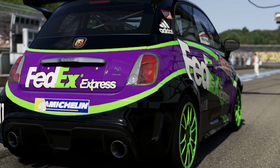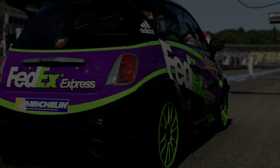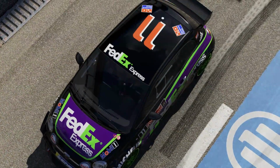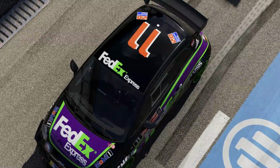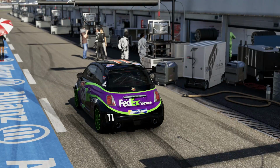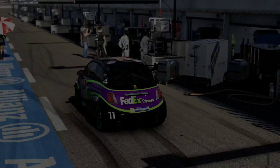It is horrible through with its twitchiness. The second kind of section of gates is also not good, and then we come to the high speed bit. It's better, but we still have issues with the back end letting go and it being twitchy because the rear tyres aren't up to temperature. Now, how much time is lost through there? If that's 2 seconds lost on the likes of the Scirocco, that's the only place that I can really think